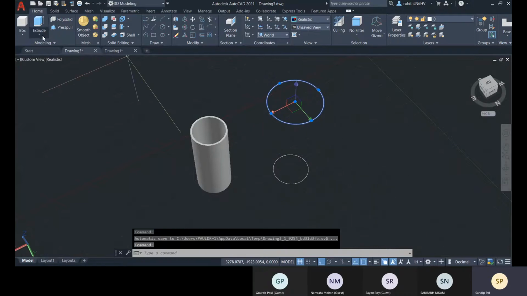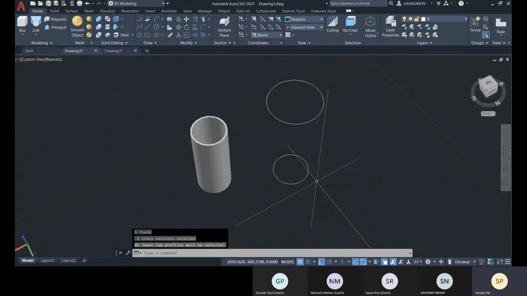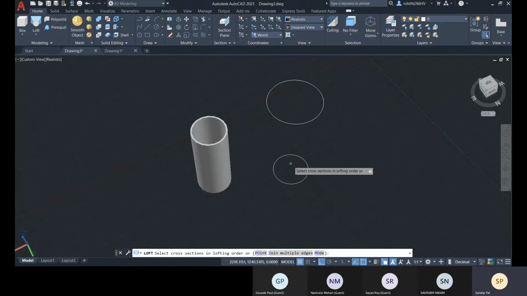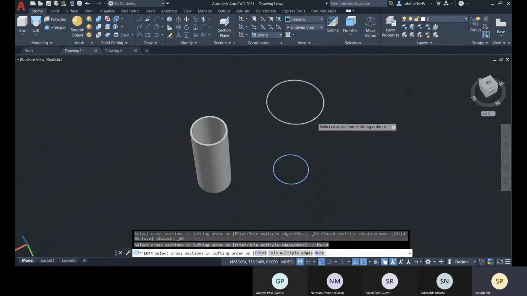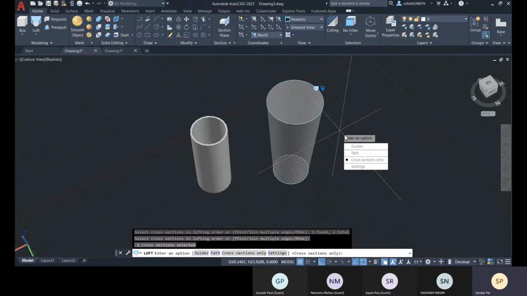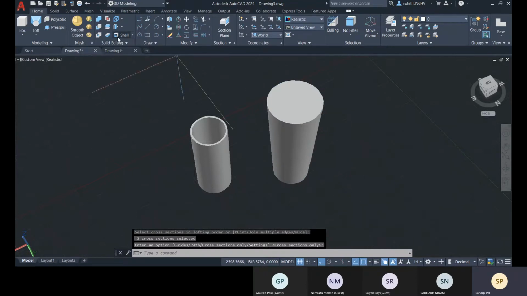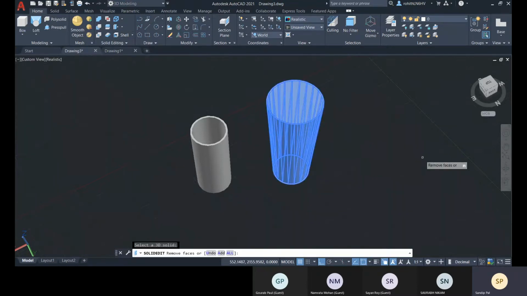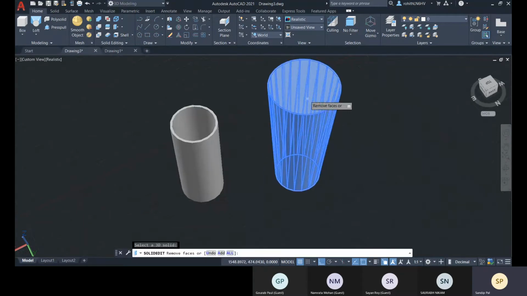Enter. Then go with loft. Select this object, then this object, and enter. Enter. And go with this shell option. Enter. Then shell. Select this object, and then go for the remove face.